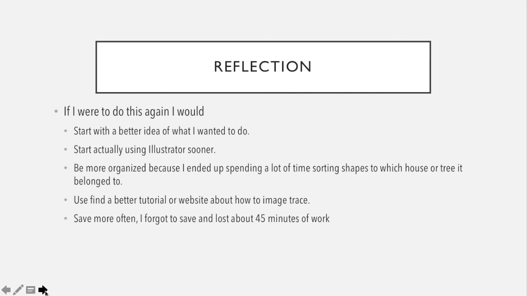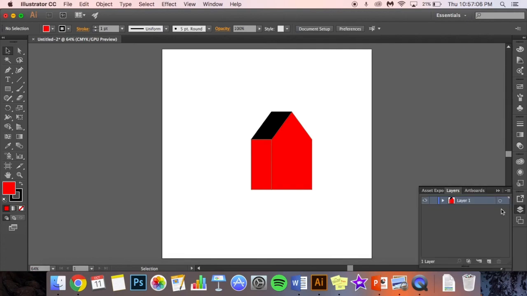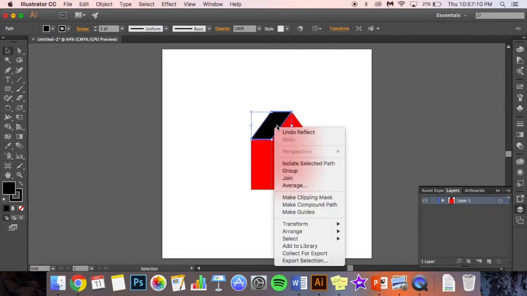If I were to do this again, I would start with a better idea of what I wanted to do, because I took a long time trying to find out what to do. I'd be more organized, because a lot of the time was just learning how to use layers over here, which are very important. So if I wanted just this in a layer,